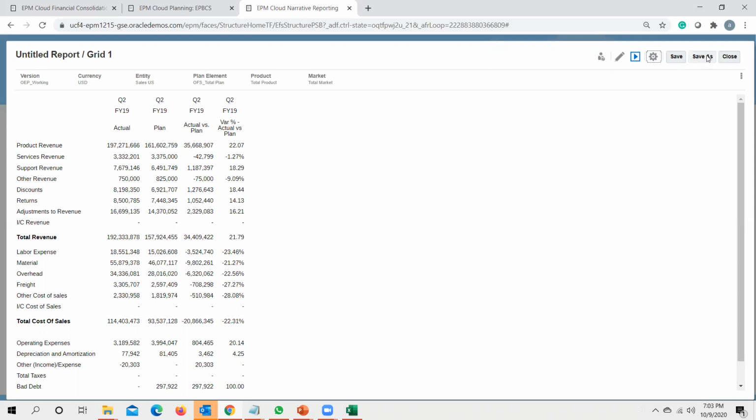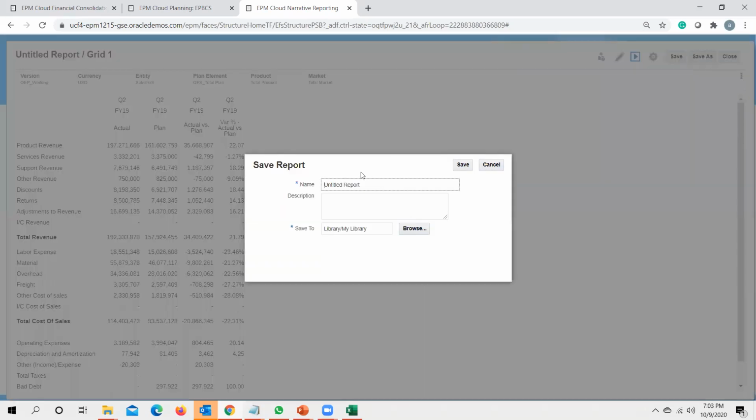You just click save this report, and you can save this report with a name. I'm naming it income statement, and I click save.